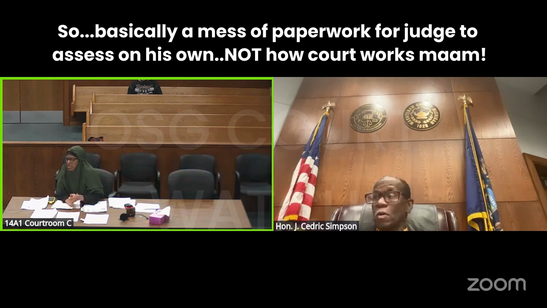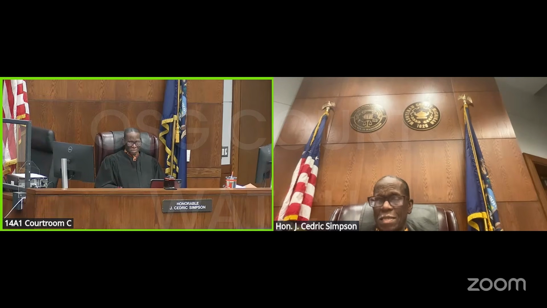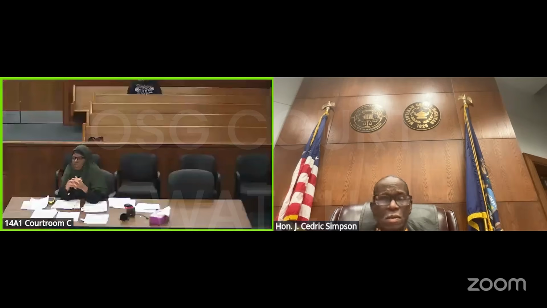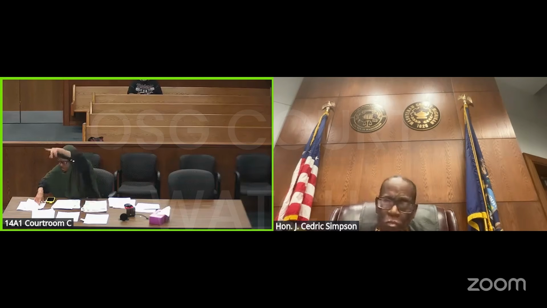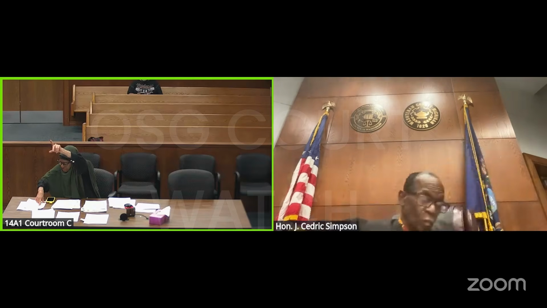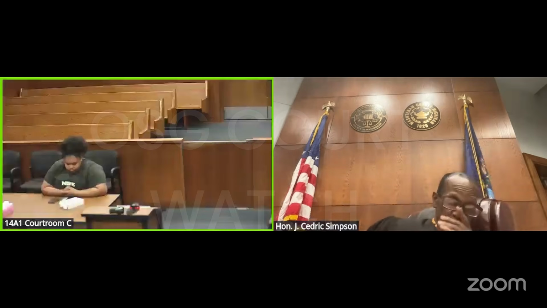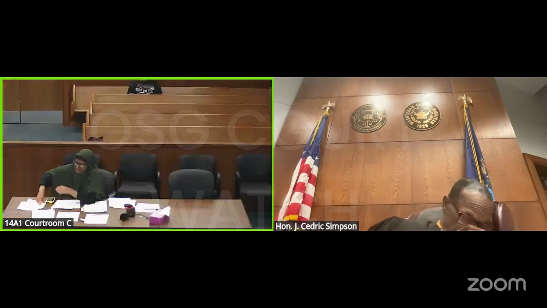If you want something broadcast on the screen, what is it? May I approach the bench to show you? No. It shows the damages that I have there, the oil in the driveway stain. I see the oil in the driveway. Screen door that's ripped out, the custom wood blinds, you can see that in the picture. I have a circle around the custom wood blinds. The locks were changed on the front door, and I didn't authorize that, and that's in the lease that she's not supposed to change the locks on the door.